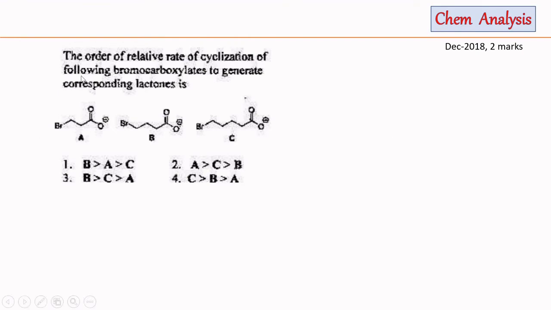The first question asks us to tell the order of the relative rate of cyclization for this 3-bromo-carboxylate. If we see the structure, in all the cases this O minus will act as a nucleophile and attack this carbon-bromine bond to liberate bromine as bromide. So in the 3 cases, if we draw the structure, we will see that in the first case,